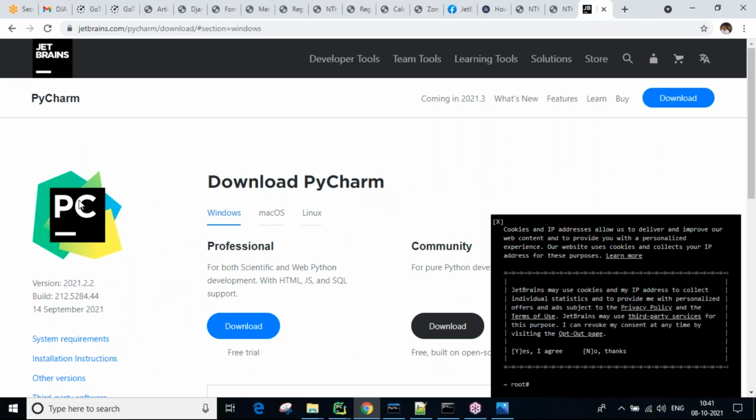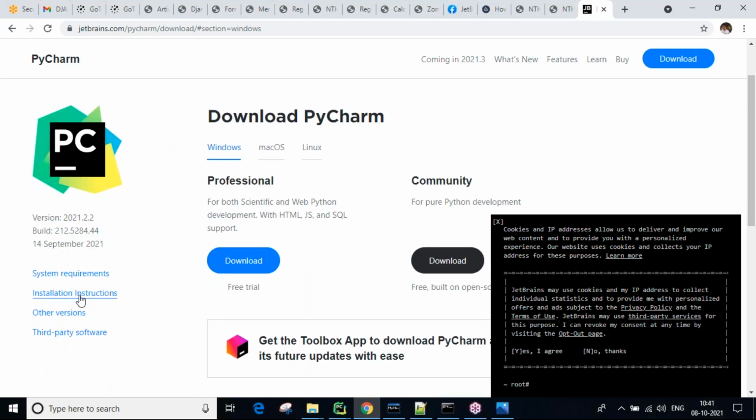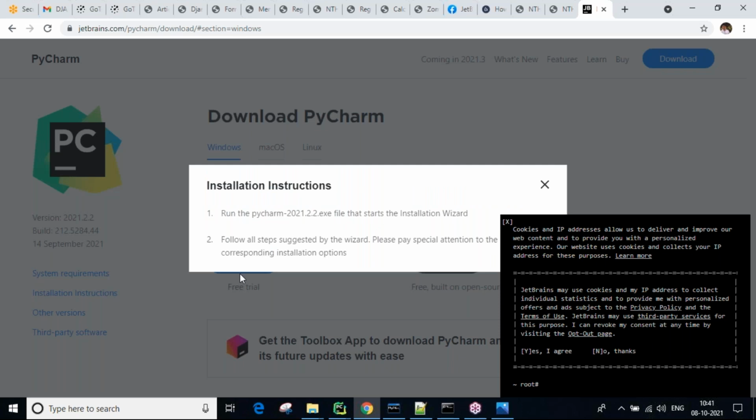There is official PyCharm documentation. You can read it, and you will get all the versions, and the installation instructions are there too. You can follow the instructions, and you will get it.